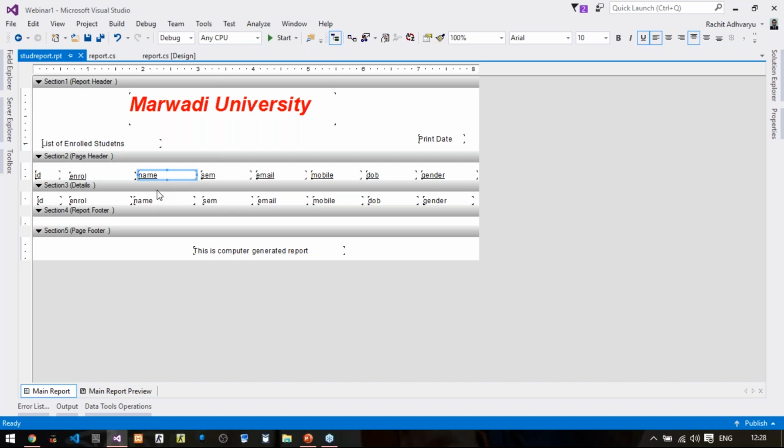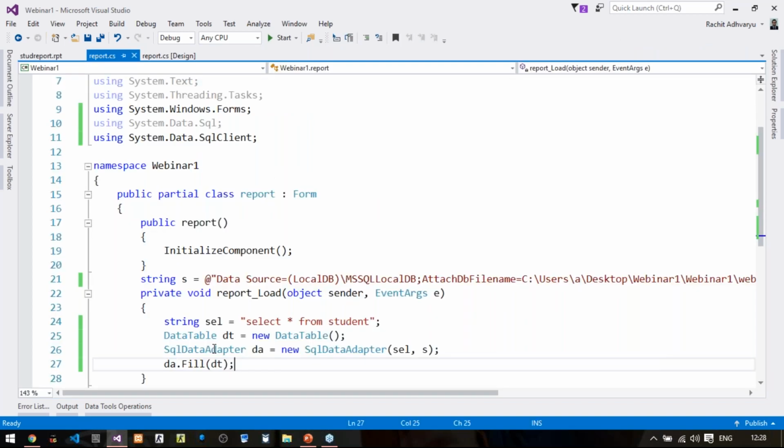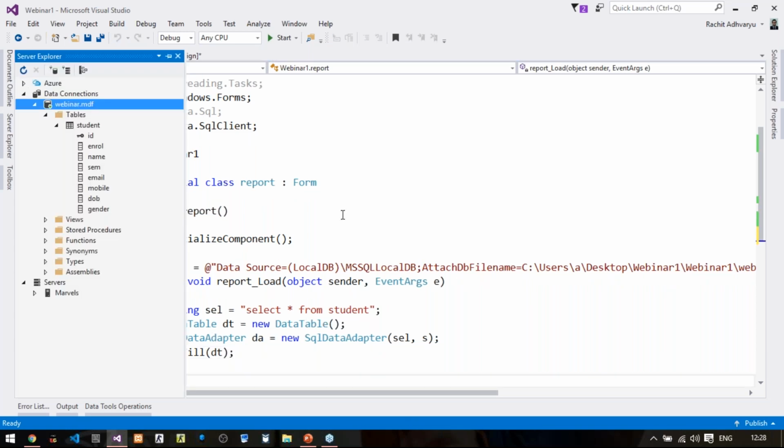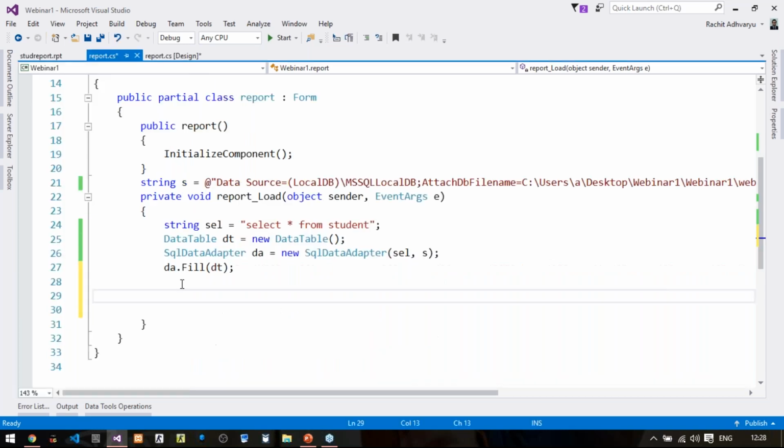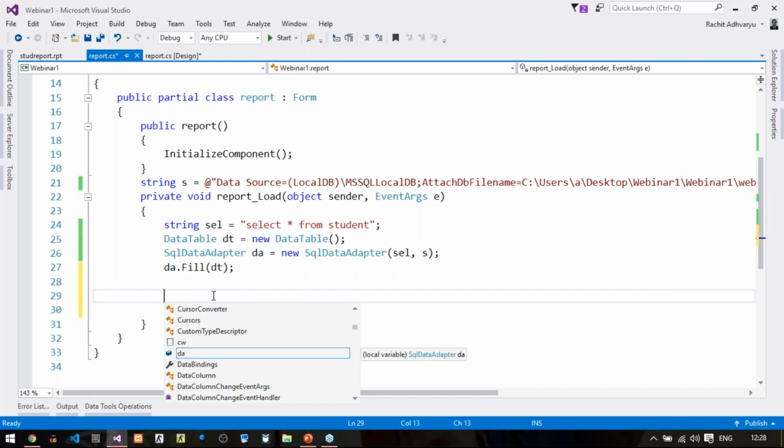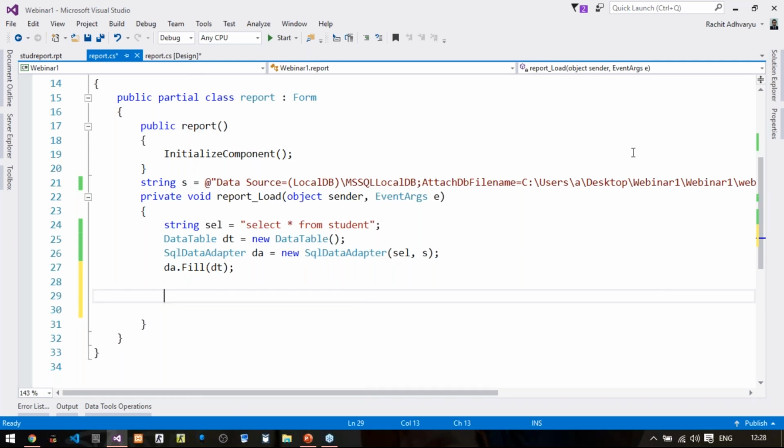For that, you will first write the name of your report. The name of the report is StudReport. So StudReport creates its object, say s1 equals to new StudReport.